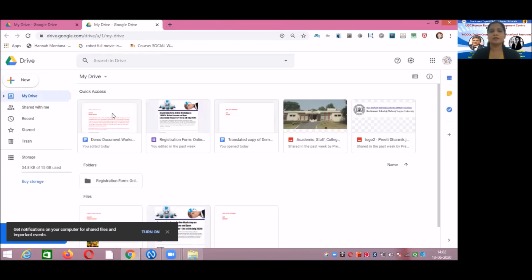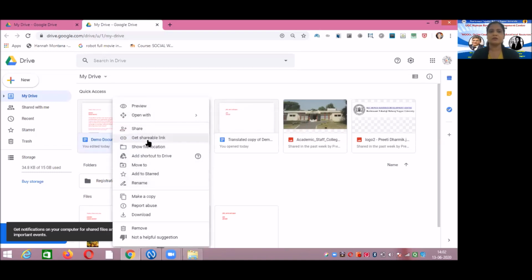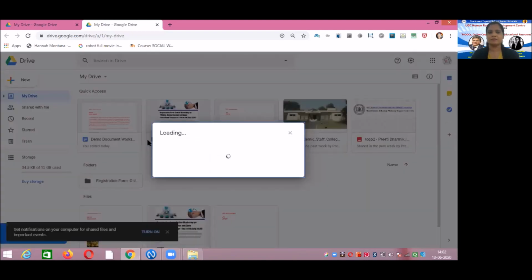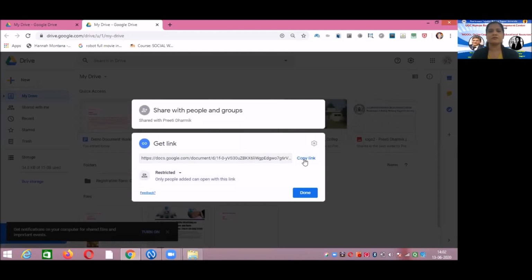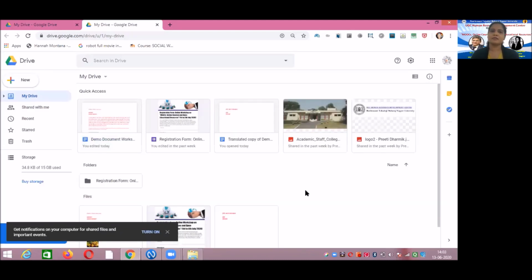Now you have to give the link of the document in the assignment section. In the assignment, I will be providing you with a Google form, and in that Google form, you have to paste the link of your document. How will you get the link? Just right click on that document, then click on get shareable link. This we have already studied in the previous video, but we will revise it once again. Then you have to click on copy link and done. And this link you have to paste in your assignment form. So in this simple way, you have to create one document and solve your assignment as well as quiz.